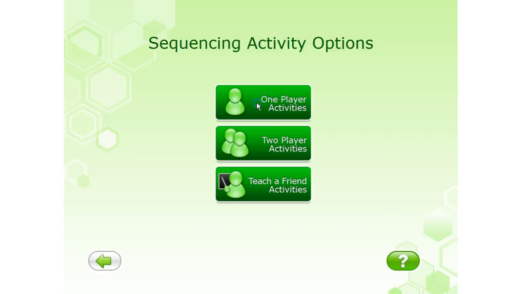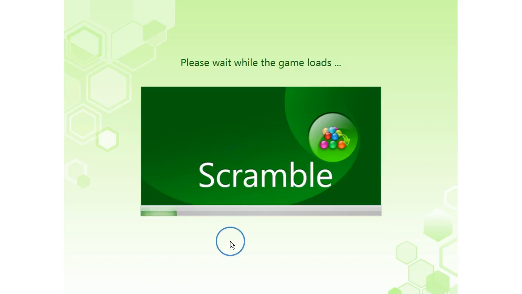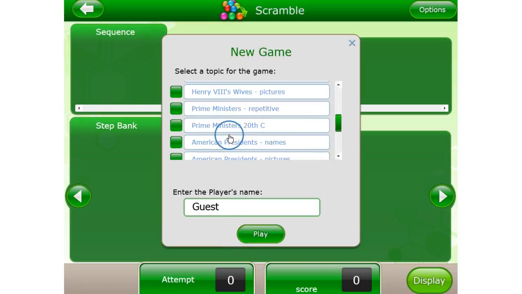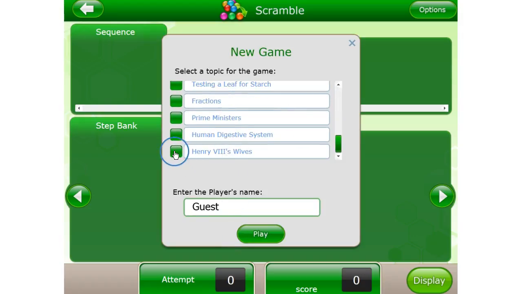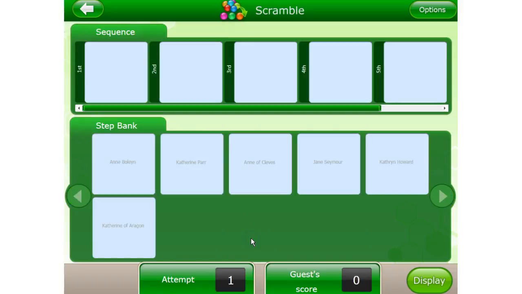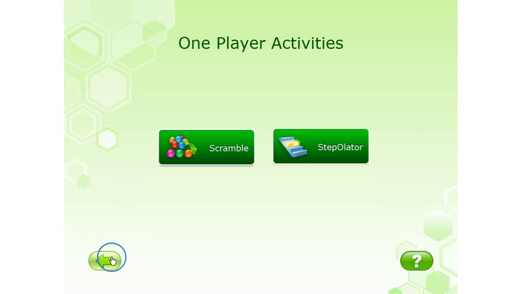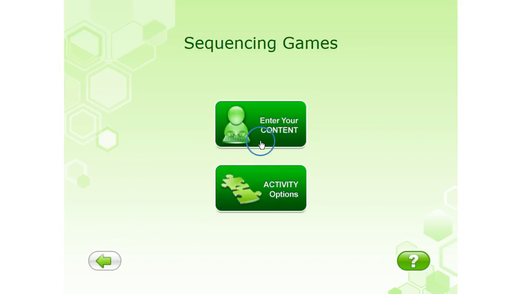I'm going to take this topic to one of the 6 games within the software. And you can notice that the text is very difficult to read. This is because I haven't set the topic option preferences. So I'm going to return to where I entered the content,